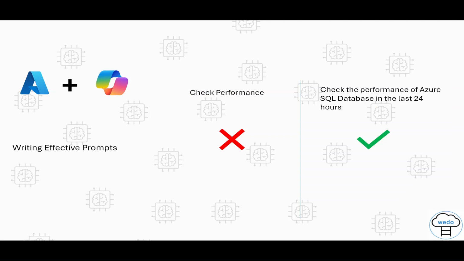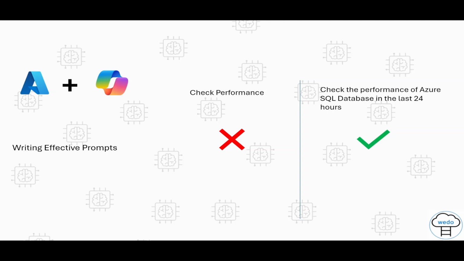When we are talking about working with AI, then we are talking about prompts. So why is prompt important? To get the most out of Azure Copilot, it's important to write effective prompts. Clear and specific prompts help Copilot understand your needs better and provide a more accurate response. So if we want to check some tips and techniques, and make sure that we are going through the correct prompting in Copilot, for example, in this example,